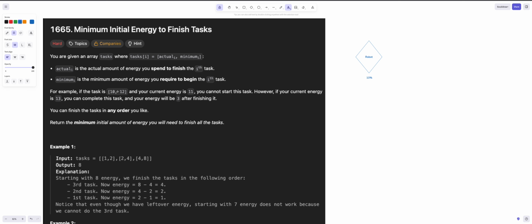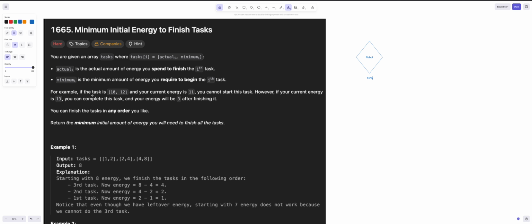So let's stick with the previous example. For instance, the task is first index 10 and the minimum index 12. So our current energy is 11. We cannot start the task, because if our current energy is 13, we can start the task and then we would finish the task with the energy remaining of 3. That means we actually need 10 amount of energy to finish that job. So what we need is to return the minimum initial amount of energy that we will finish all